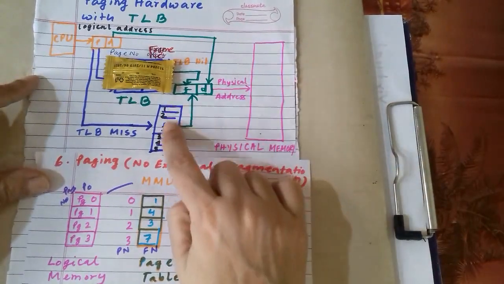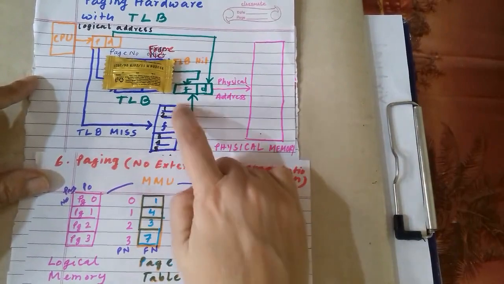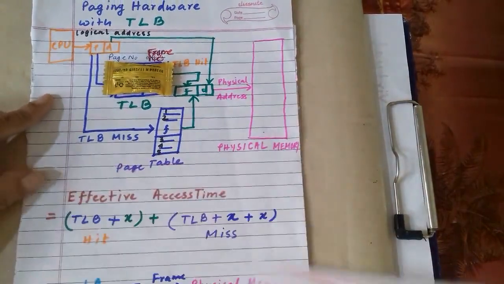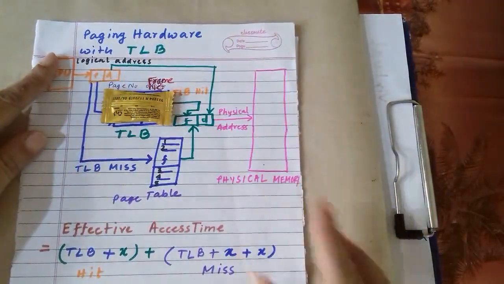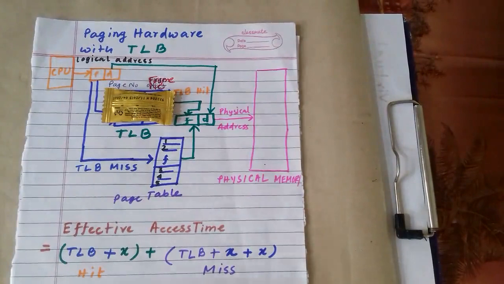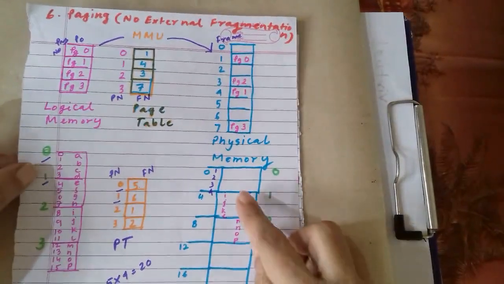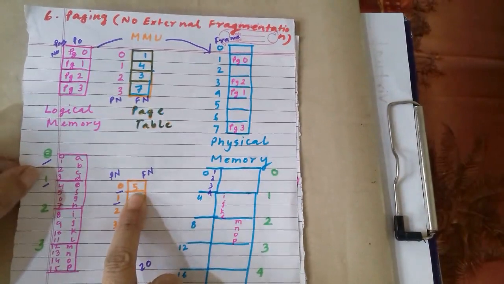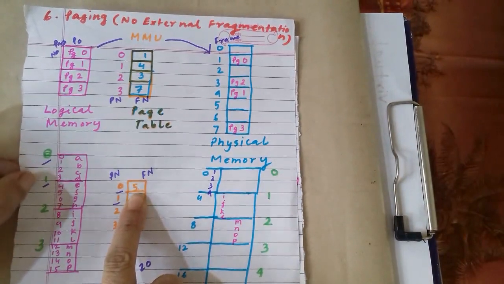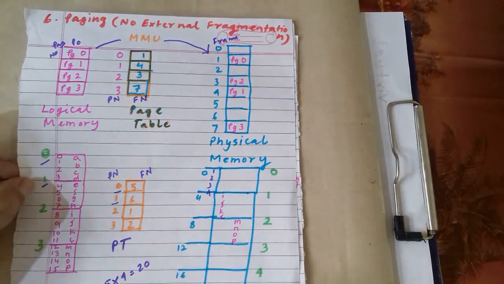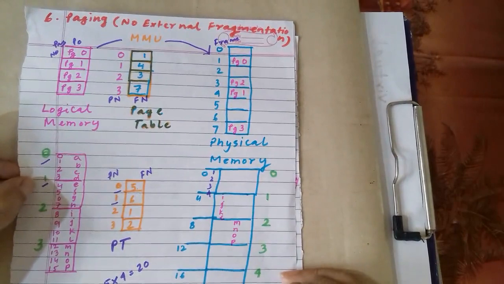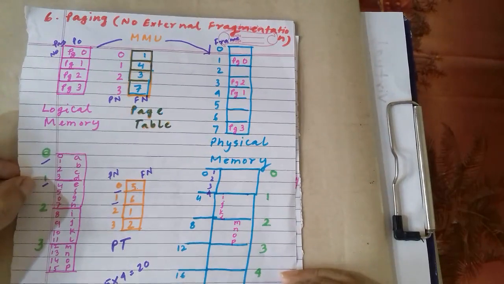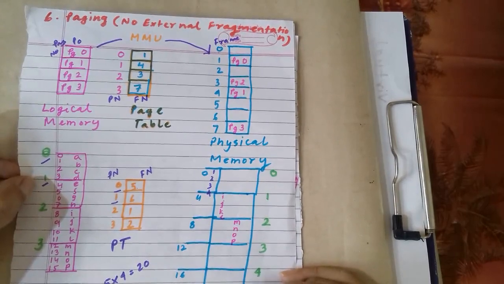In this page table also we have page numbers like 1, 2, 3, 4, 5, and we have frame numbers. Now I will briefly tell what the offset is. The offset is according to the previous example. Here this is the page number and this is frame number 5, right? Page number 0 is present in frame number 5. But what is the offset here? The offset value is 4. Like, I can say the offset value is 2 if the CPU wants to get only 2 bytes from that 4.